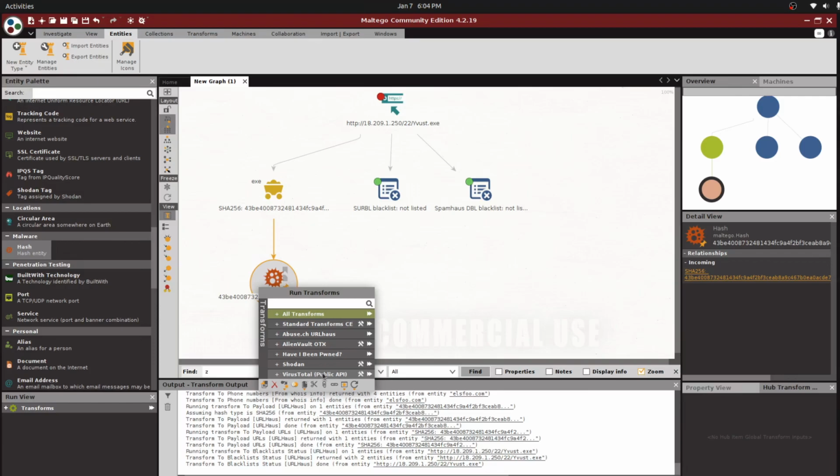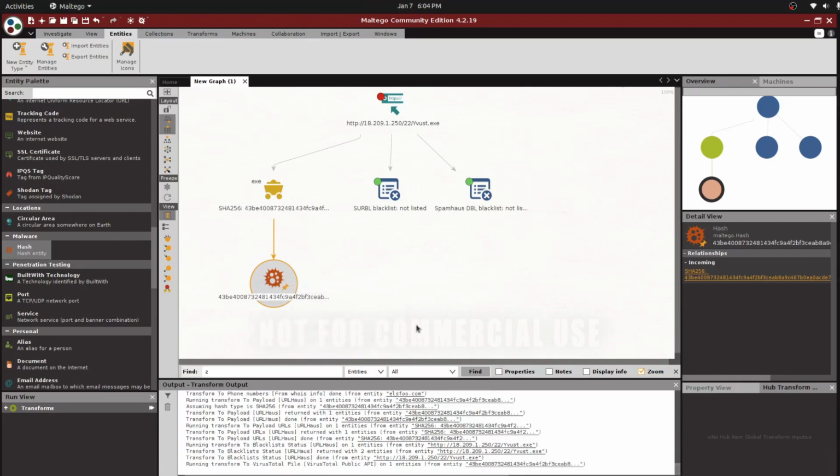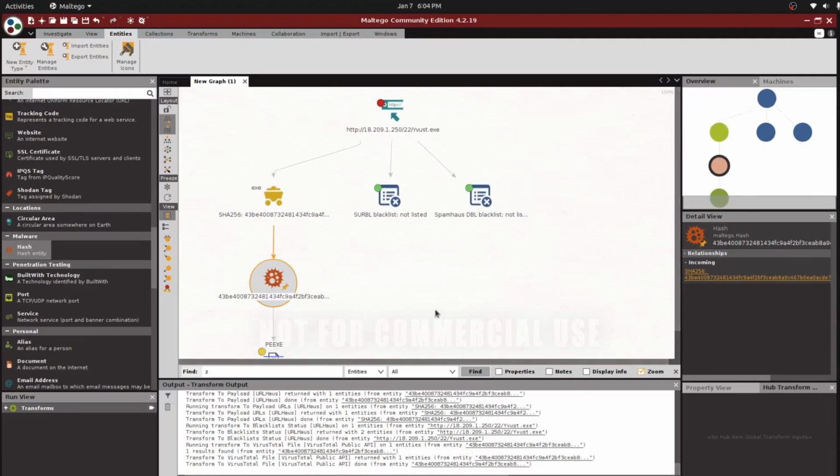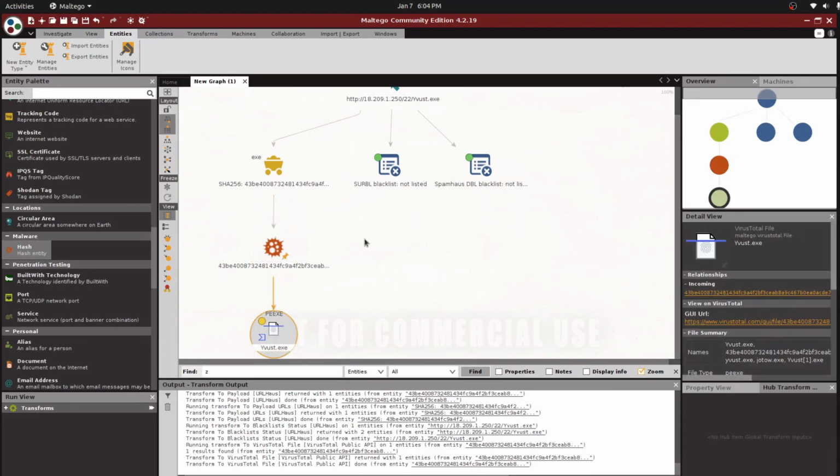For example, VirusTotal. I already integrated the VirusTotal public API with Maltego. So I'm going to choose plus and choose the option. I'm going to search this particular hash in VirusTotal now. And here we go. It gave me the details of that particular file, the same file.